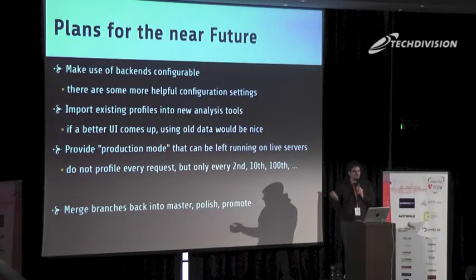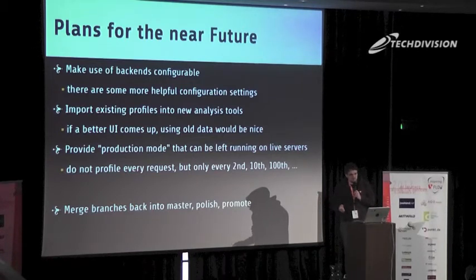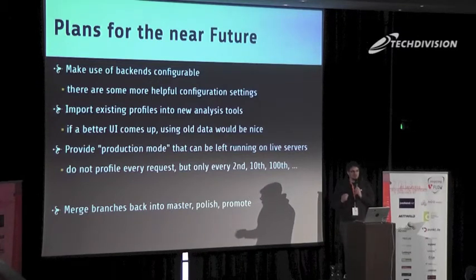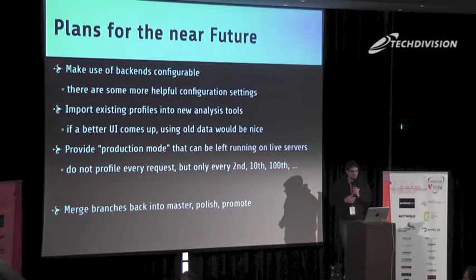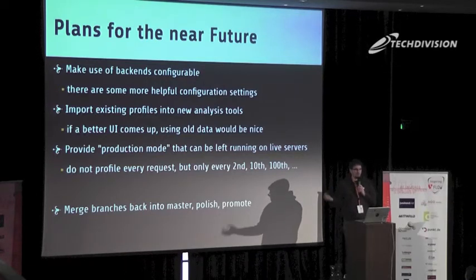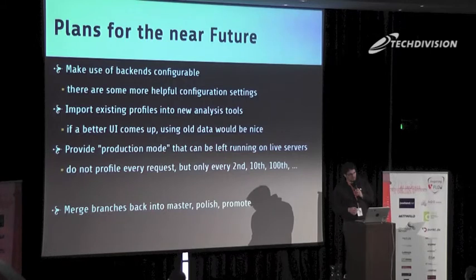So the original idea behind XHProf is to make it so fast and slim that you can just say, yeah, I'll leave it running, and it will profile on every 10th or 50th or 100th request and store it then. Because if you have thousands of requests every day, then just having a 1% sample is good enough to give you an overview of the overall behavior of your app. So that is something that would be coming, a production mode where you can set a probability for profiling. And then, of course, this all needs to be merged back into master and polished, and then